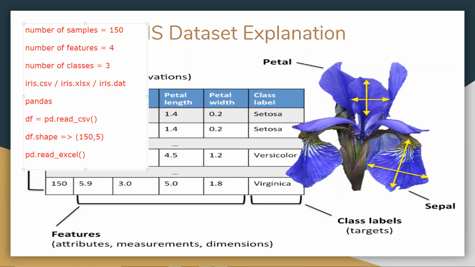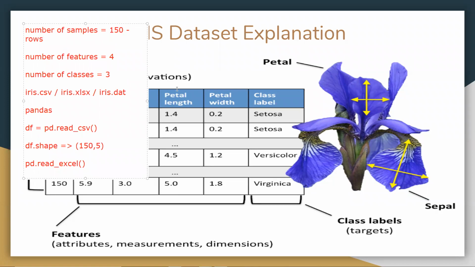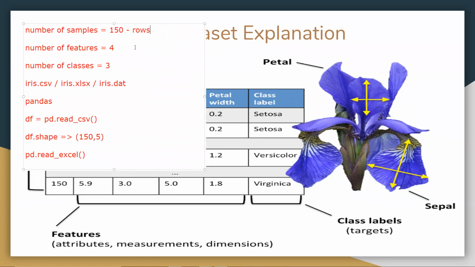150, 5. This is the one you get if you load the data set. So it depends on the data set also, but most of the time, the ideal case I'm taking is 150, 5. Can you tell me now what is 150, what is 5? Everyone correctly said 150 is the number of rows or number of samples, and 5 is the number of columns. So this 150 is taken as rows.